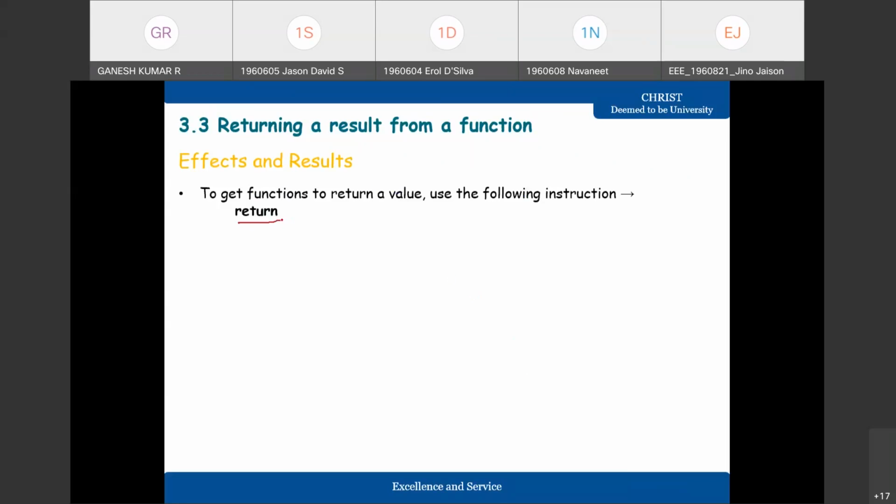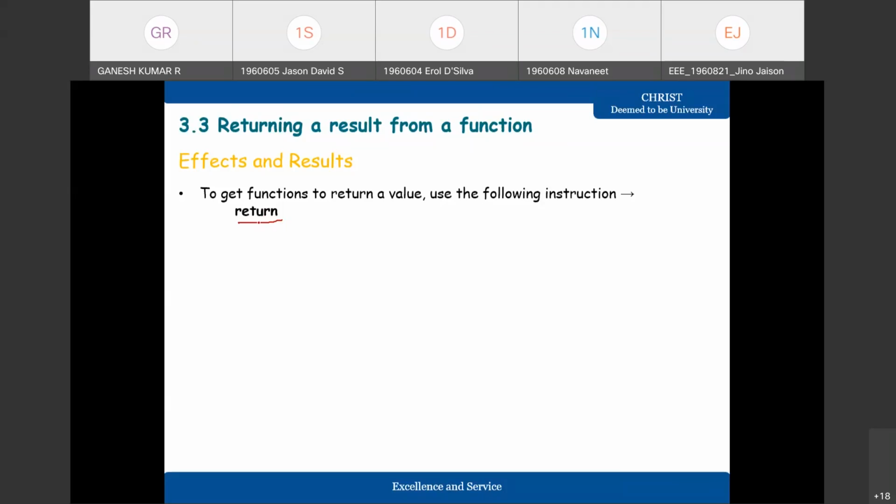To get functions to return a value, we use a special instruction called return. Please note return is a Python keyword, a reserved word which has a predetermined meaning, so it should not be used as a variable.